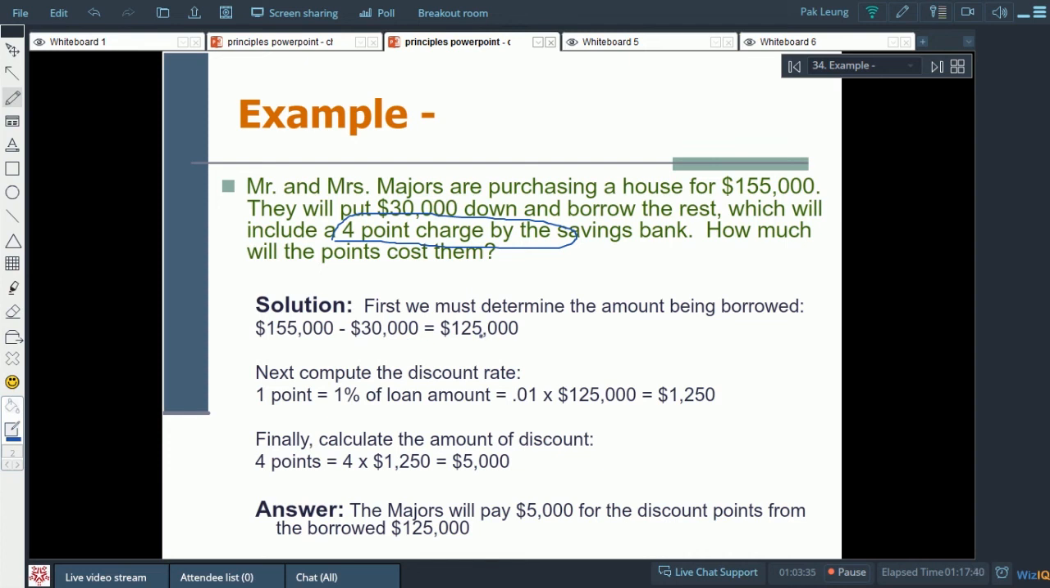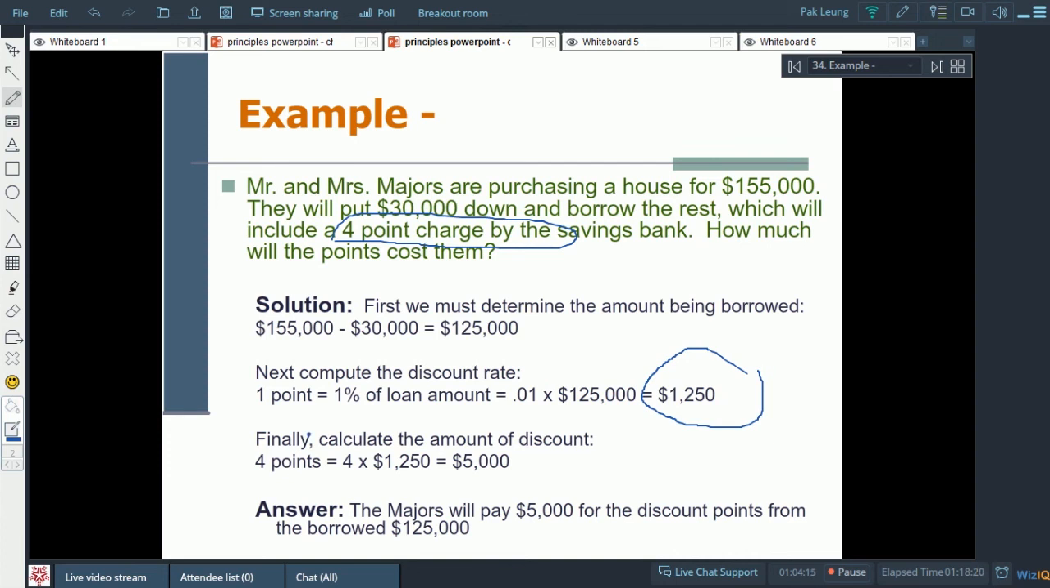So what do we do here? Okay, we have to find out how much are they actually borrowing, right? In order to calculate the points. Okay, so first we must determine the amount being borrowed. So how much are they borrowing? The house costs $155,000, right? They have $30,000 down payment. So you just minus that, and you get $125,000 they have to borrow. Okay, 所以这个房价是15万5, 他首付是3万块，你减掉3万块，他又到银行借12万5。